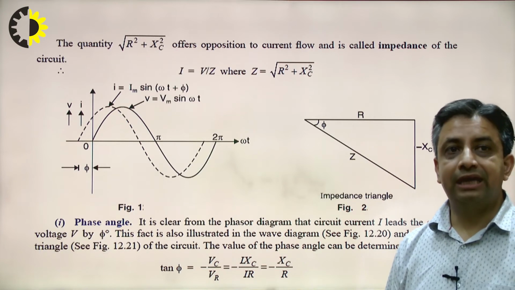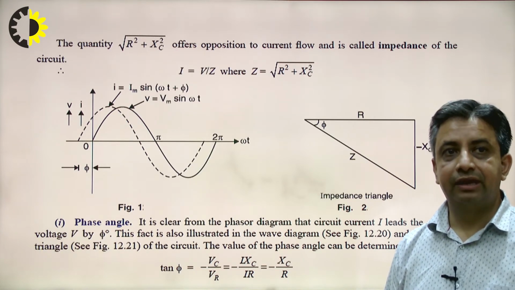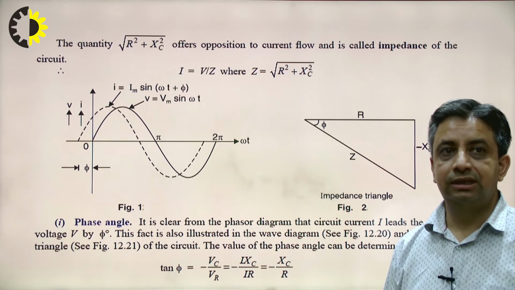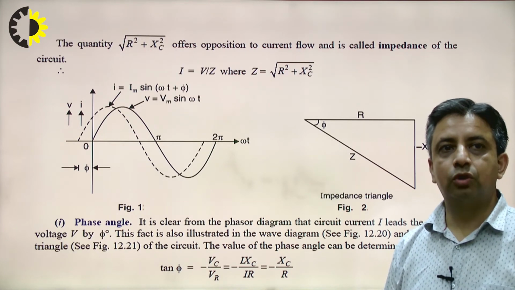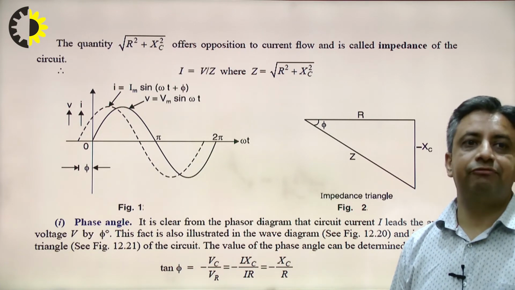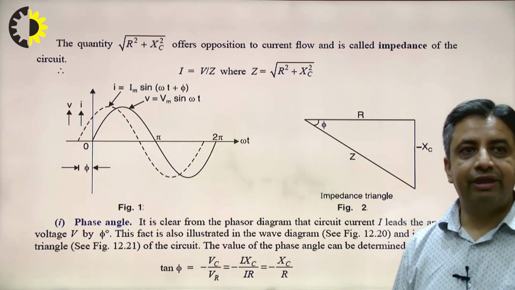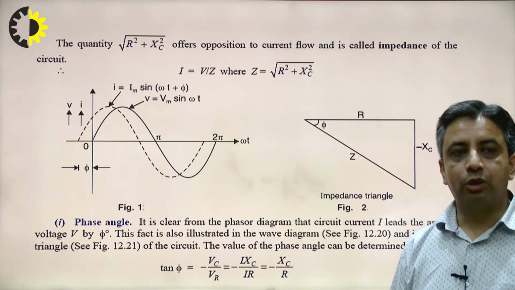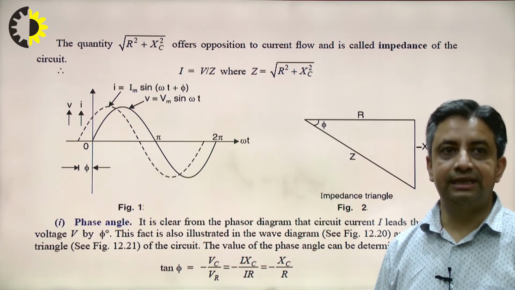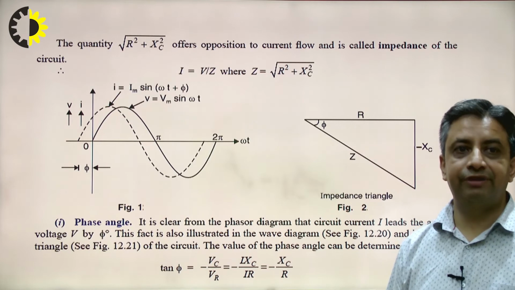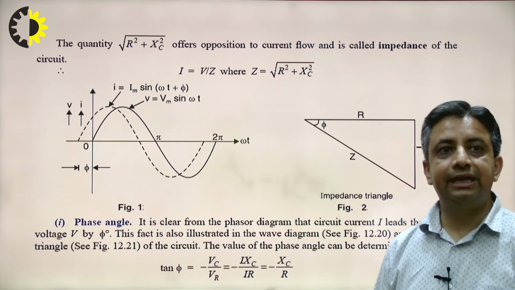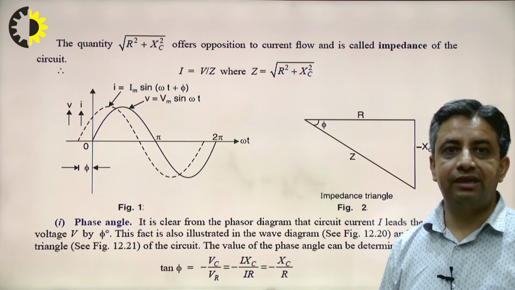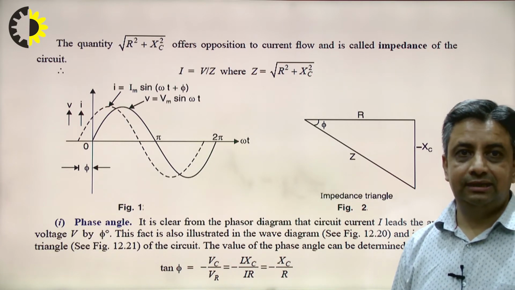So if you have the impedance angle as negative and the impedance in the denominator, when you divide the voltage by the impedance, it will be a positive sign for the current. So you can see here, when you take voltage as reference, the current angle will become positive, and a positive angle here denotes that the current is leading the voltage. So you can see in figure 1 in the waveform, the current is leading the voltage by an angle of phi.